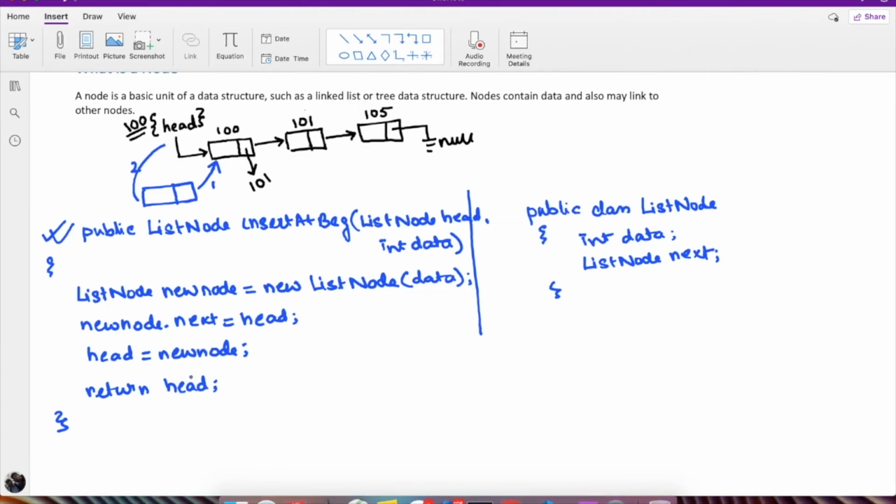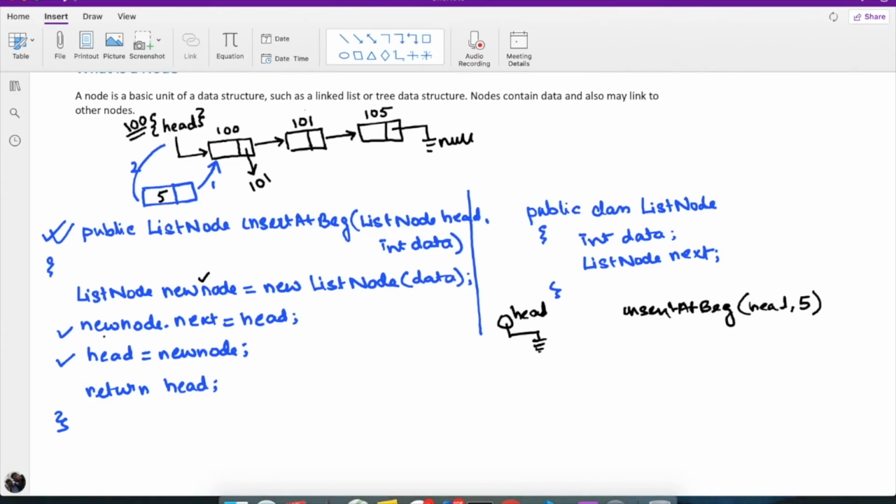So I hope this implementation is quite clear over here. If you do not understand, just go back to the video and check one by one step why we need to connect all these things. So let's do a dry run of this to make it more clear. Let's assume we have an empty head object over here. So we do not have anything on the linked list right now. First we will call insert at beginning with the head pointer and a value as 5. Here first we will create a link node with the value 5,